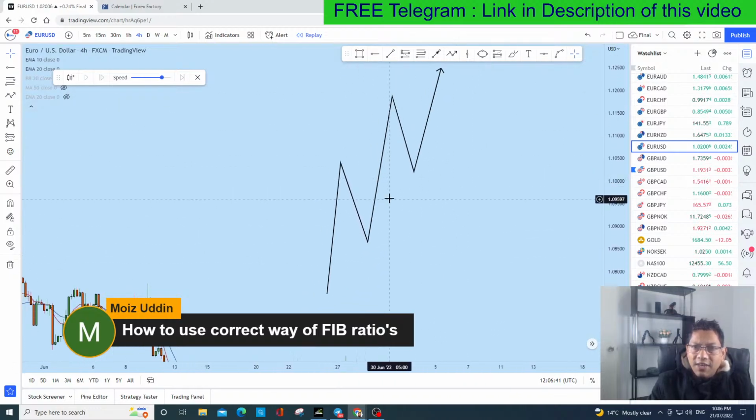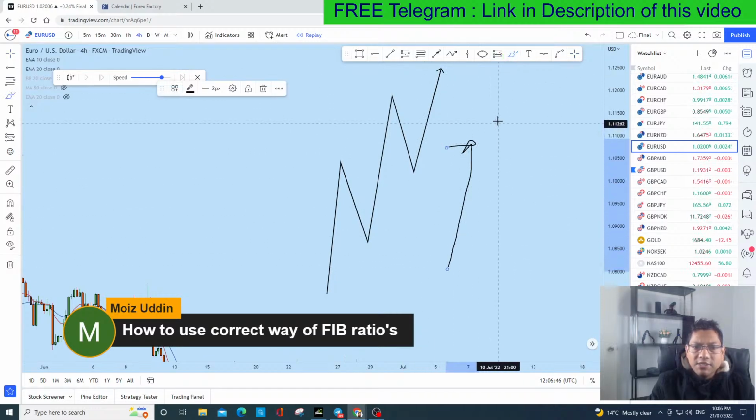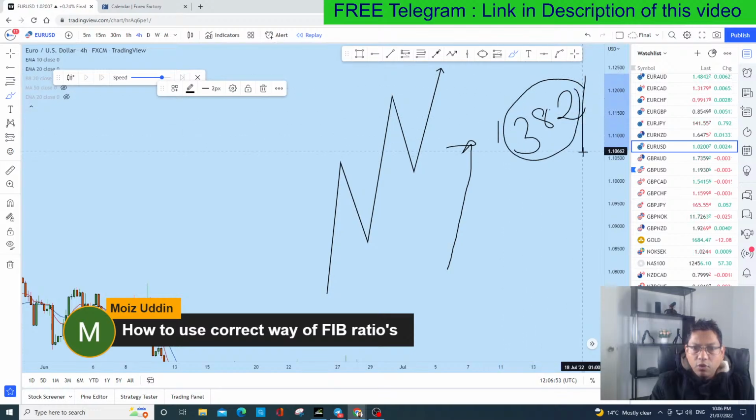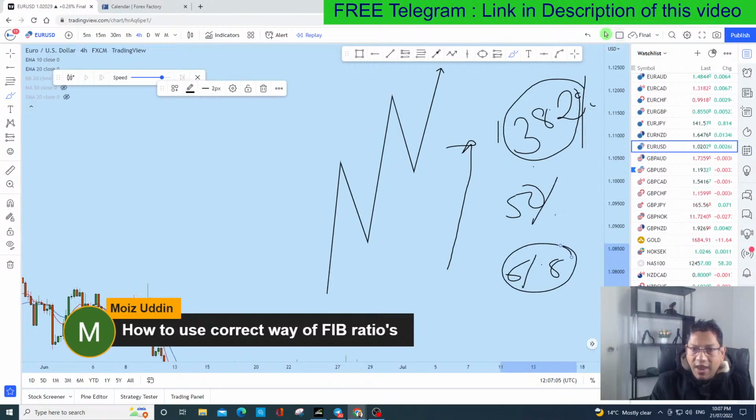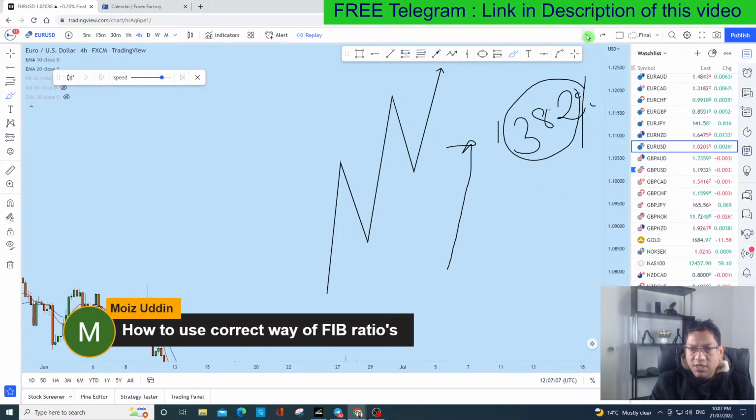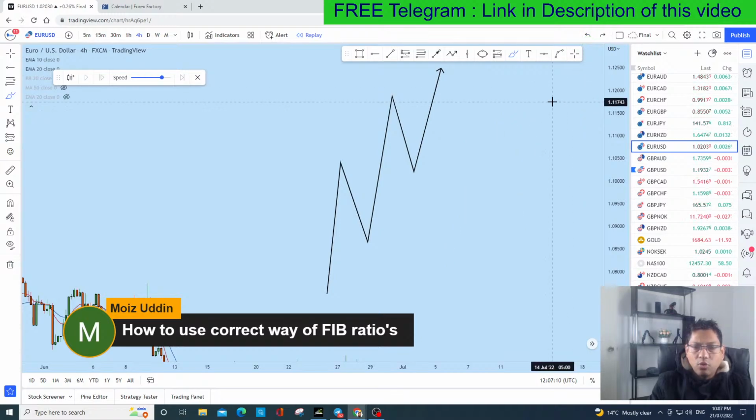Now normally in a very strong trending market, the price normally retraces 38.2%, which is called the minimum Fibonacci level. Then there is a 50% level, and there is a 61.8% Fibonacci. This is called the golden ratio, the highest one. Some people say that if the price breaks this level, that could be a change in trend, not always correct. But then how do you use this Fibonacci?